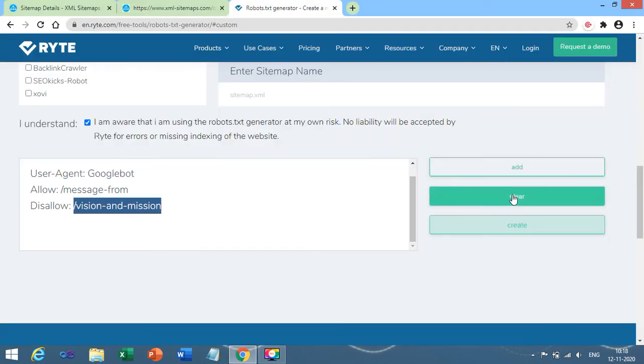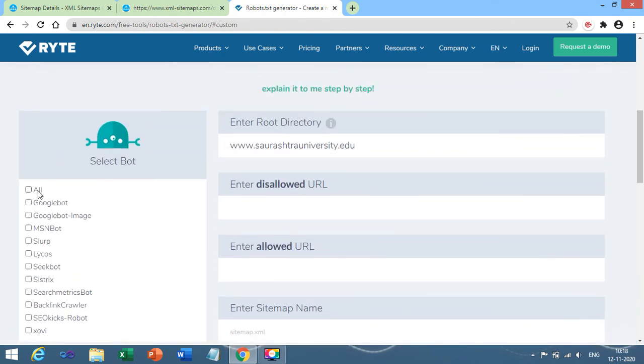Similarly, I am going to clear it over here. Now I am going to select all the bots, right, and copy the website address, www.saurashtra, and paste it. Now vision-and-mission, and similarly, allowed pages, message-from.